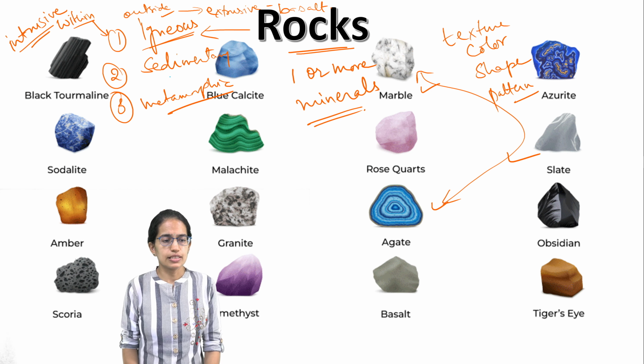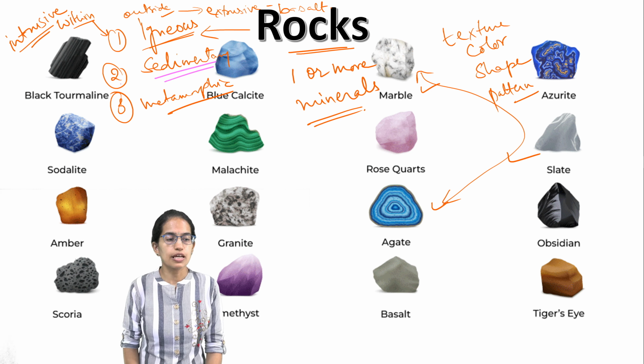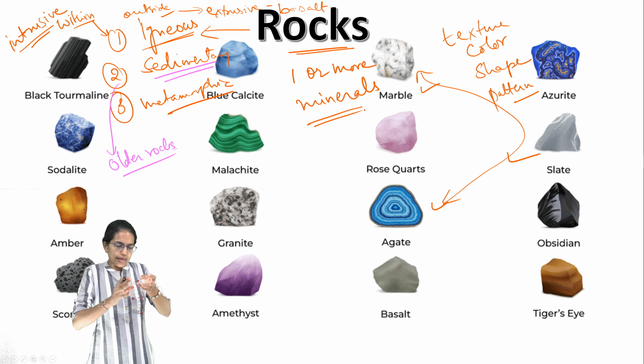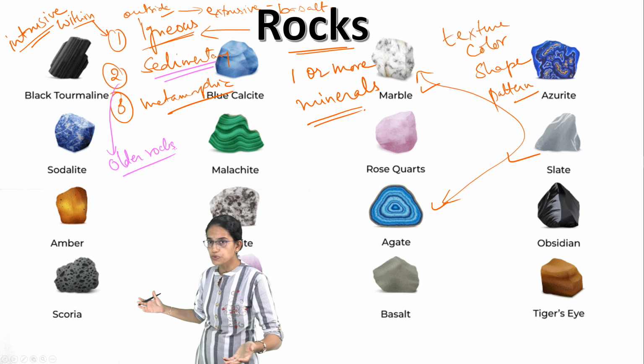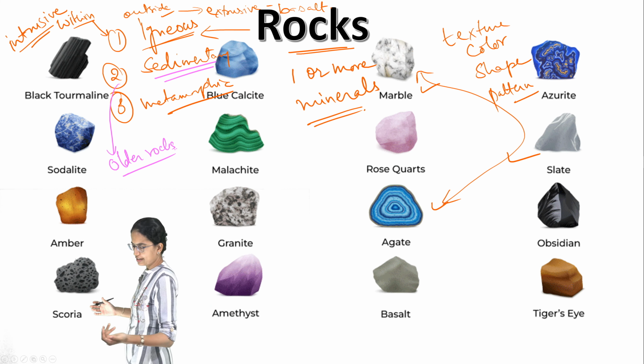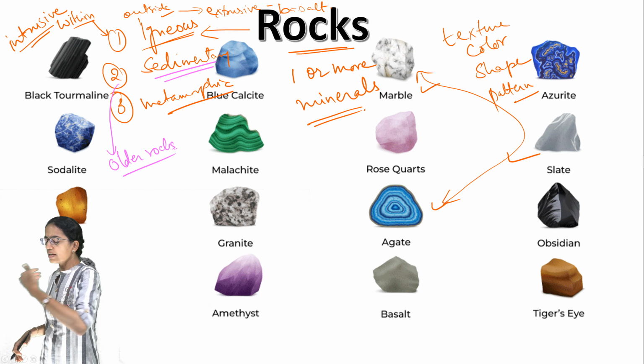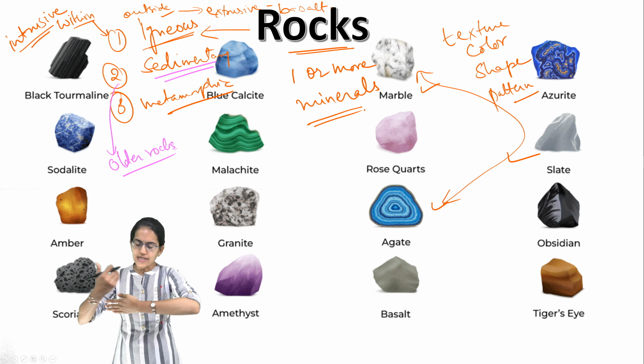Coming next is the sedimentary rocks. Sedimentary rocks are the rocks which are made on the older rocks. So, the broken older rock material deposits together and forms a new rock structure which is called sedimentary rock. So a river is flowing. Now when the river flows, it carries away the sediment